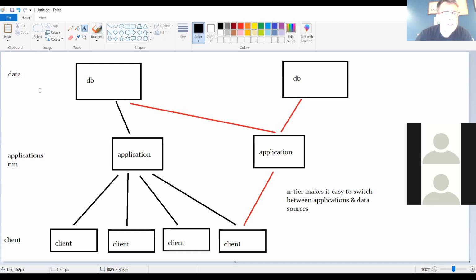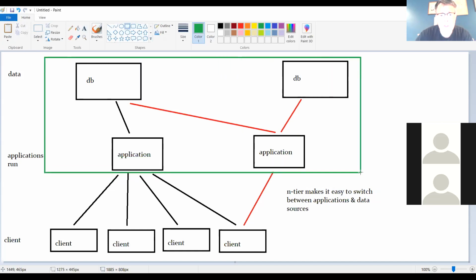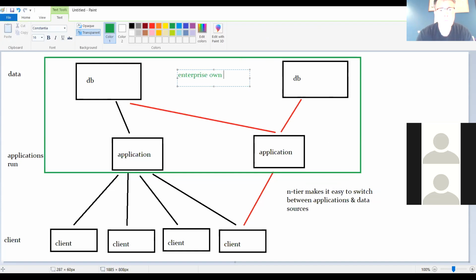But here, what happens in this kind of structure, I'm going to draw a picture. So I'm going to draw this green box. This green box here, this is what the enterprise owns. For example, if you're talking about Facebook, Facebook has this structure. Once you're inside, you're connected to an application, you're already inside Facebook. They already have your access credentials. They believe you are who you say you are. So they're not super worried about switching you to a new application at that point. It's easy. Whereas with client server, since you're connecting to an entirely new machine in a new administrative structure,